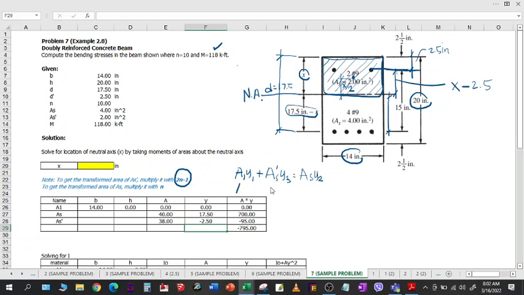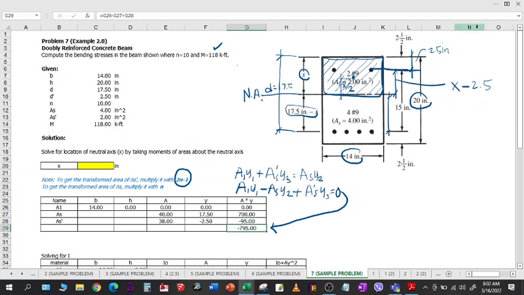So if you try to transfer to the other side to make 0 the right side, so you will get this: A1 y1 minus AS y2 plus AS prime y3, that's equal to 0. And then this one, we plug it in here, equals this value minus the second value plus the third value, equals 0, supposedly. Okay, but since we did not input the value for x yet, then this will have a